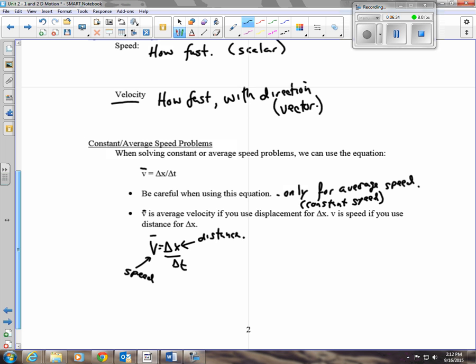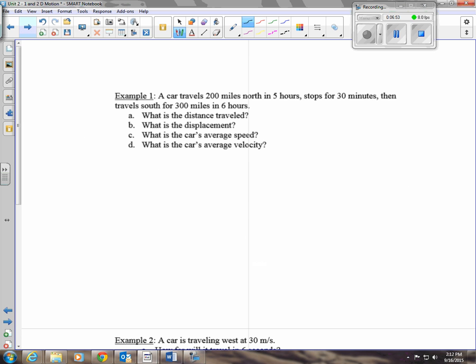Okay. If I use the same equation, but I use displacement here, then I'm going to get velocity here instead of speed. A couple examples of that on the next page. Okay. A car travels 200 miles north in 5 hours, stops for a half hour, then south for 300 miles